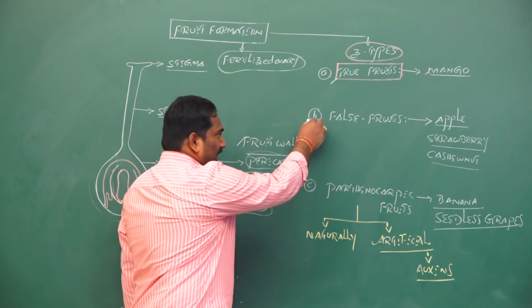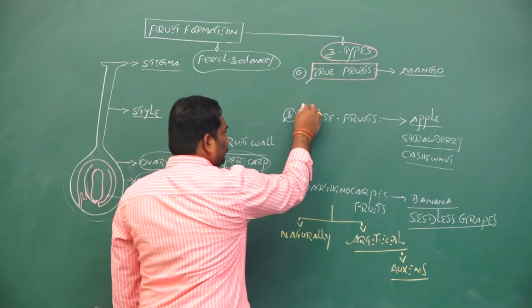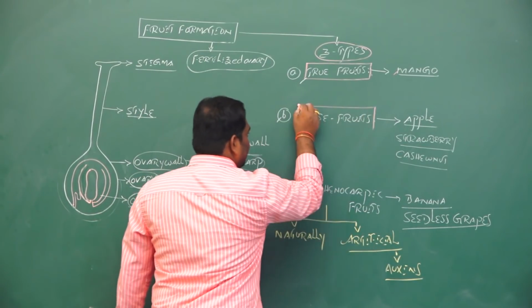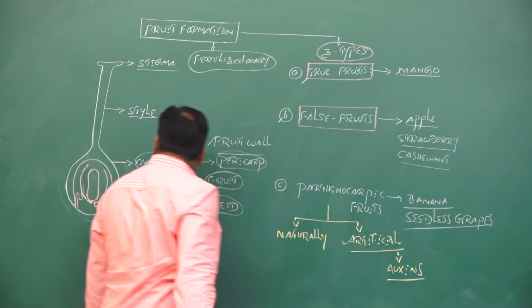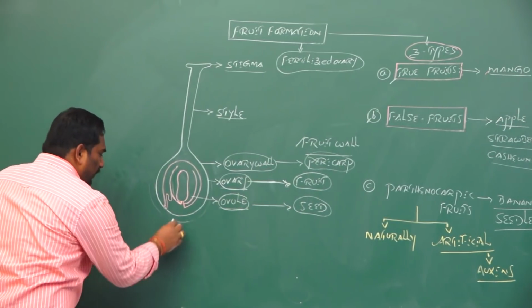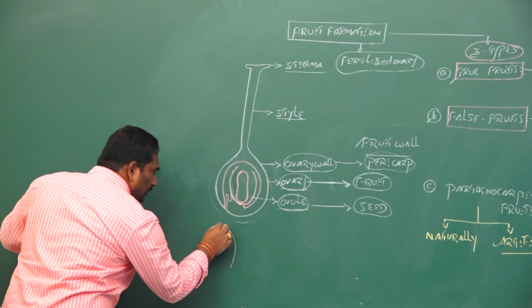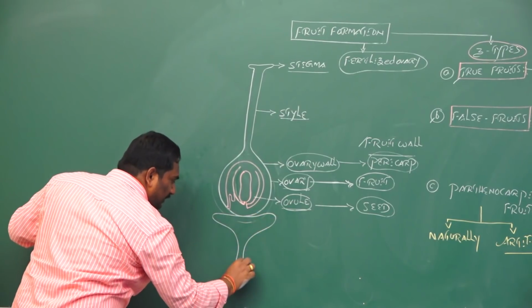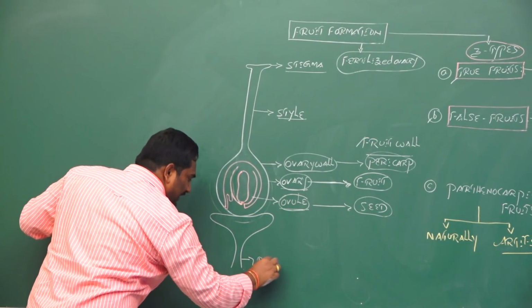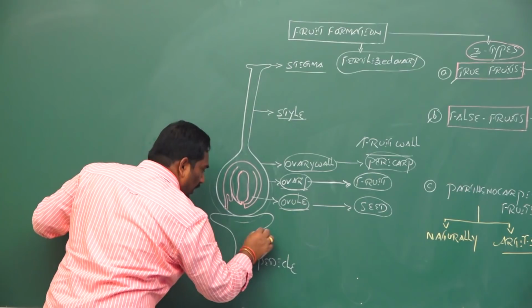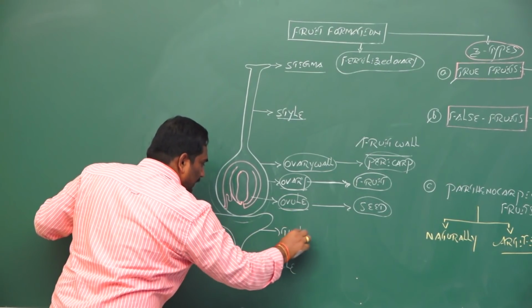The second type of fruit is false fruits. False fruits means that along with the ovary, other parts of the flower, either the pedicel or maybe the thalamus,